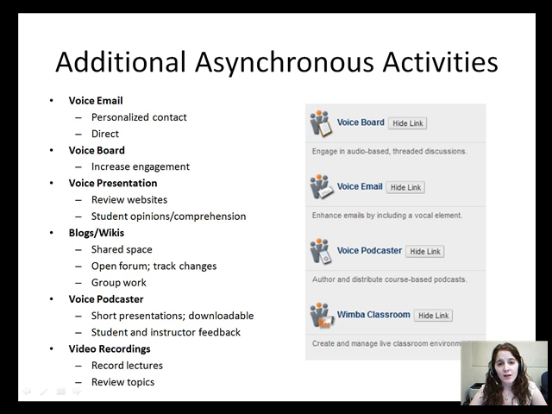Some additional asynchronous activities besides the discussion board could be voice email. This can be a really great way to personalize your contact with students. If they're doing really well, you can praise them very strongly. You're doing a great job, and they can hear that in your voice. If someone needs a little encouragement or is not doing so well, you can offer that by saying, your work